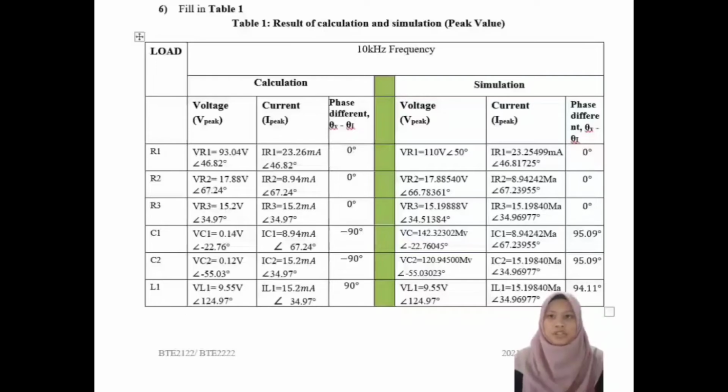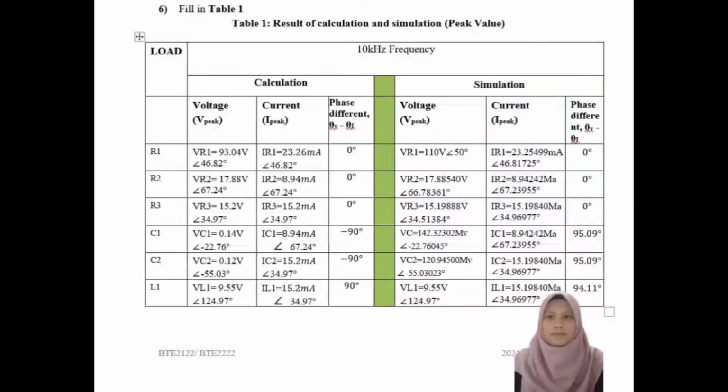124.97 degree. For the simulation part, we got VR1, 110 and 50 degree. VR2, 17.88540 volt and 66.78361 degree. For VR3, 15.19888 volt and 34.5138 degree. For VC1,